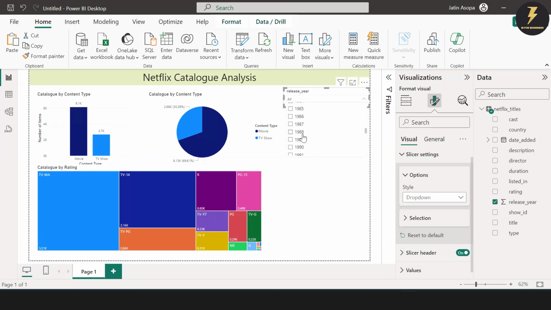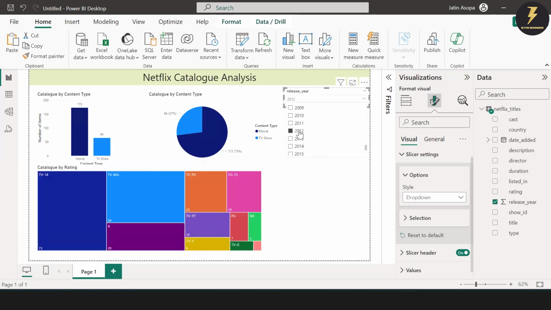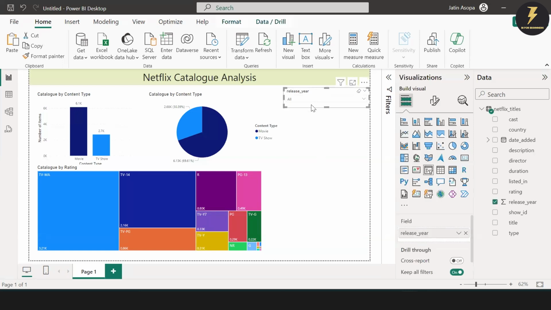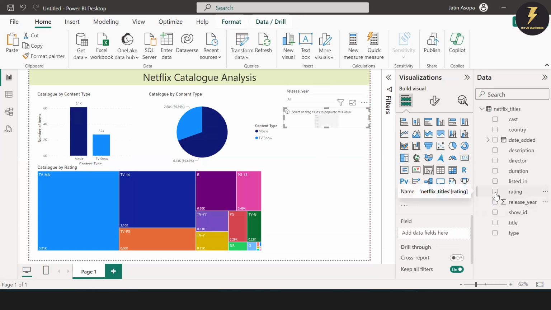So if you want to see movies or anything in the catalog that was released in 2012, that filters it that way, right? And a good way, if I want another filter, is to copy paste this. Right now I have release year here. Instead, let's say I want rating, so I can just deselect that, click rating here, and now